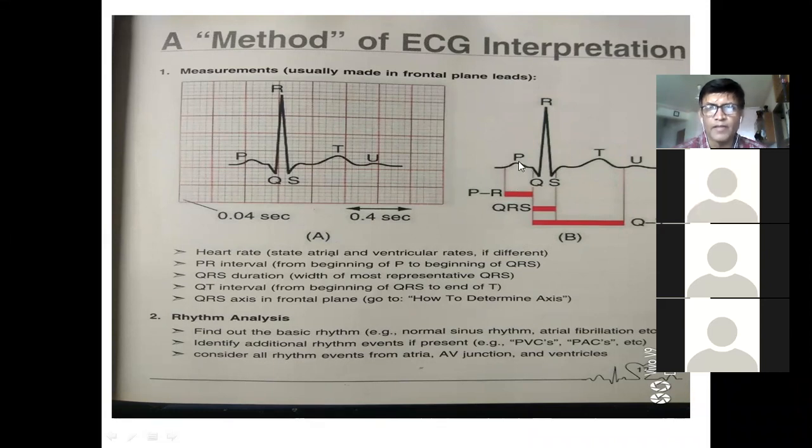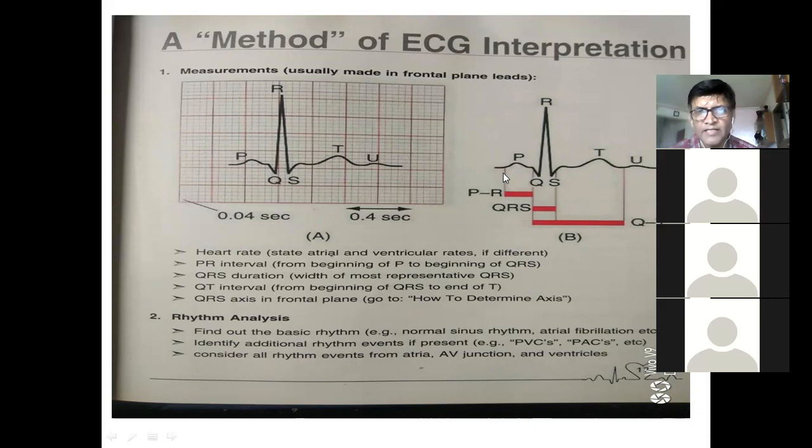Doctor, sorry to interrupt. The voice is echoing. Probably you could mute one of your systems. Okay now? Is it better? Not really, still it is echoing. Yes, sir, echo is there. Is it less? Yes, now it's clearer, sir. My laptop doesn't give a proper volume, so sometimes I can't hear very clearly what you speak, so I have to keep a mobile on for that. Anyway, now it's clear.